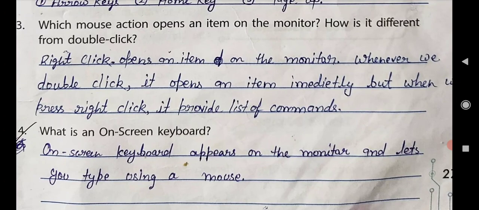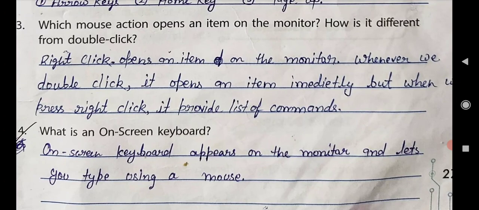See here, whenever we double click, it opens an item immediately, but when we press right click, it provides a list of commands.